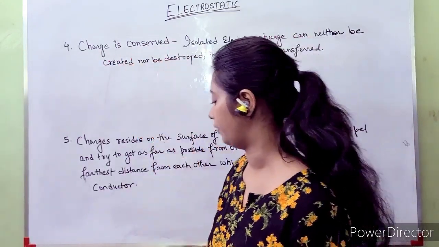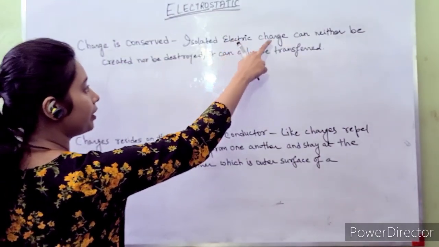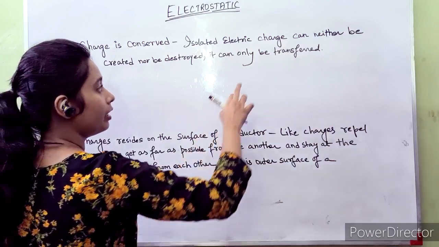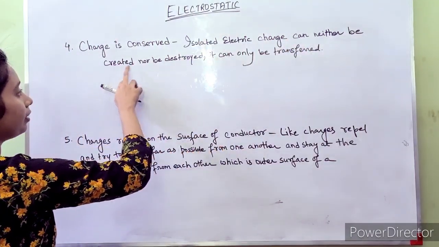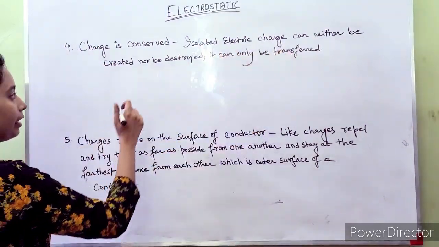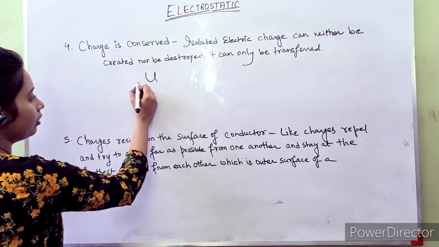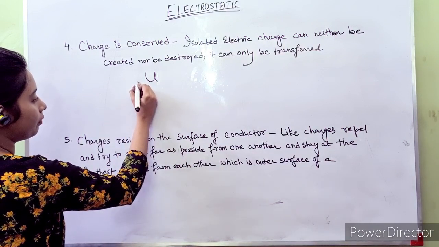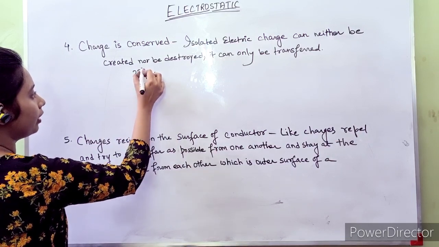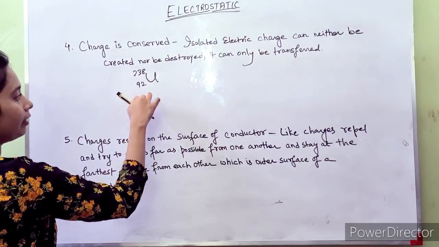Charge is conserved. Charge is conserved means isolated electric charge, isolated means single electric charge, can neither be created nor be destroyed. It can only be transferred. In case of radioactive decay, you have one uranium particle whose atomic number is 92 and mass number is 238. When this uranium particle gets decayed,